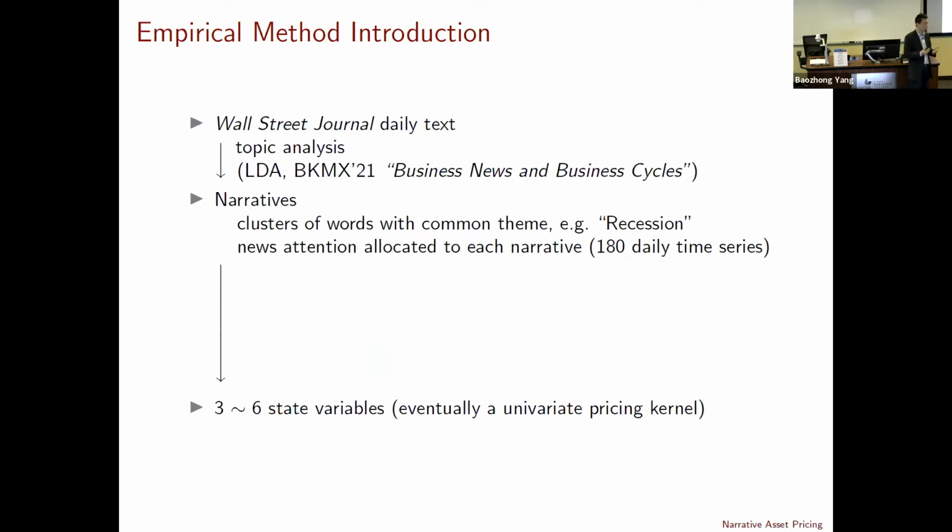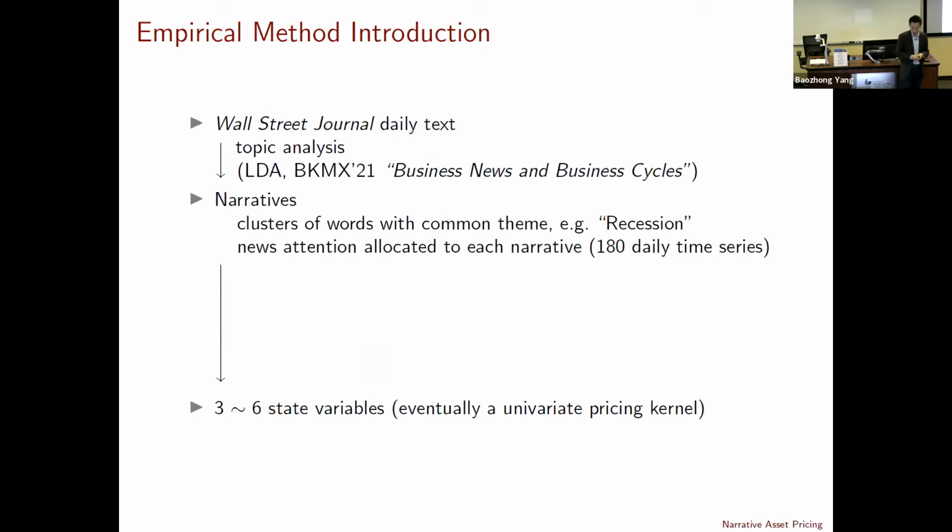And then we look at every article, what is the distribution, what is the allocation of attention allocated to these 180 narratives. And then the articles within a day are aggregated to a daily level. So now I construct a news attention allocated to the 180 narratives. So every day I have 180 numbers, right? So you see there's already a dimension reduction here. This 180 daily time series will be my quantitative data. I have effectively converted textual data into time series data that is much easier for me to work with.